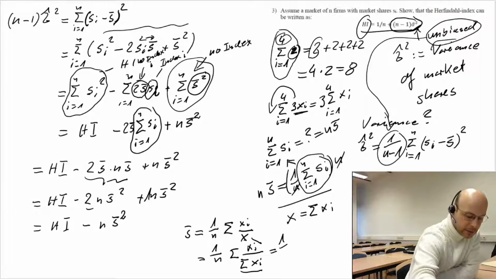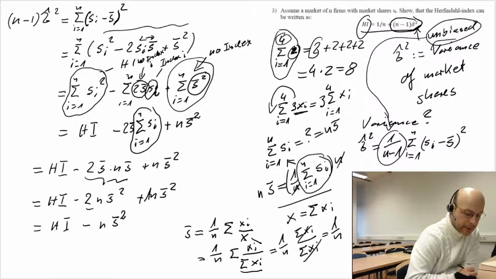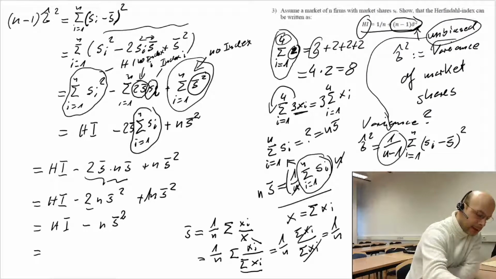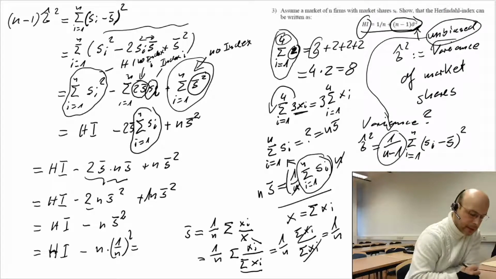So this is 1 over n, sum xi over sum xi. So this cancels, and we have s bar is 1 over n. So we end up with n with Herfindahl index minus n times 1 over n squared, and thus Herfindahl index